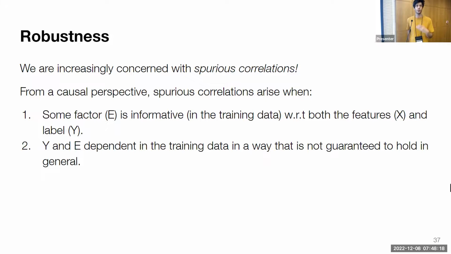We train our model, and it learns the very obvious association that grass causes cow. Because every time it sees an example where the classification should be cow, the sample shows grass in the background. And we could have a model that learns this association between grass and cow. But when we go into a test set where we have cows on the beach, the model would have no way of understanding whether this example is still a cow, because it's not using the actual cow features. It's just using background features.